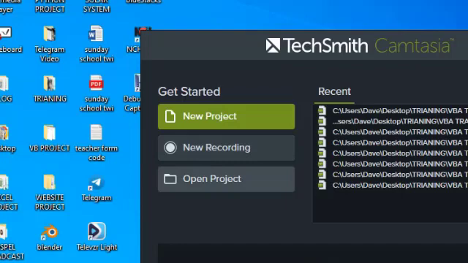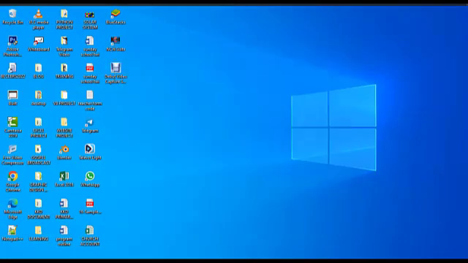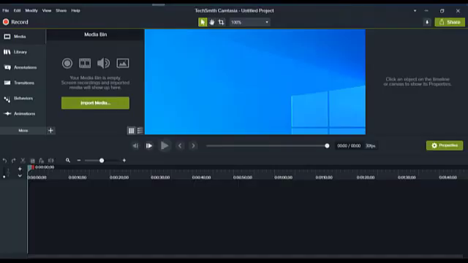Then we also have the open project. There are some projects you have already worked on that maybe you could not finish editing. You want to continue. That's where you are going to have the open project. Okay, so let's start from new project. If you click on new project,